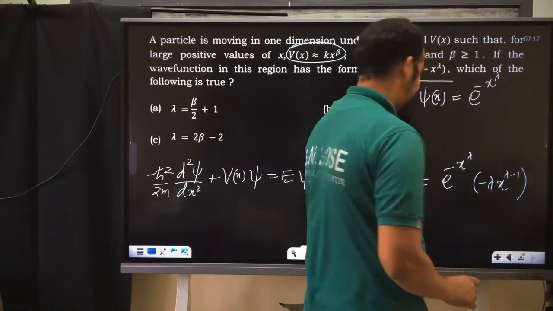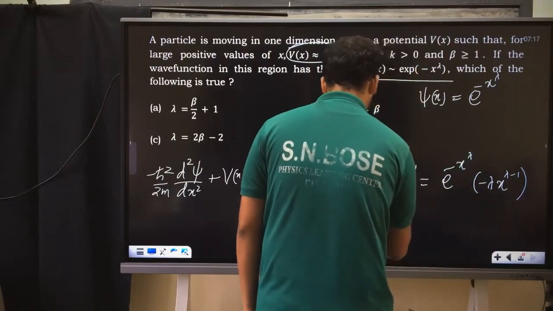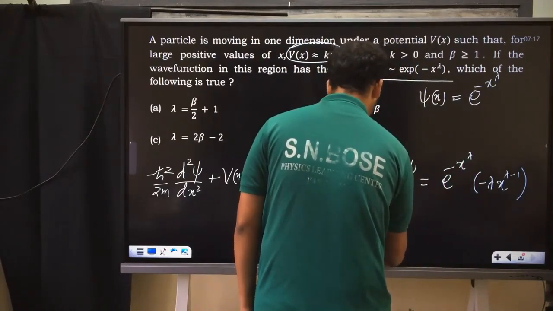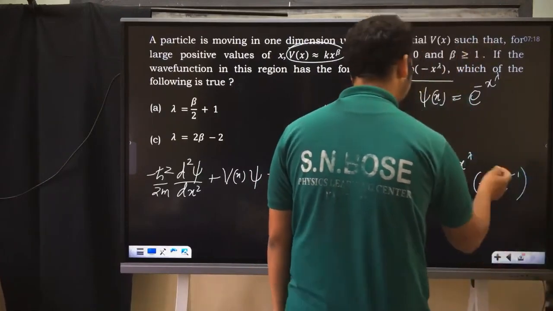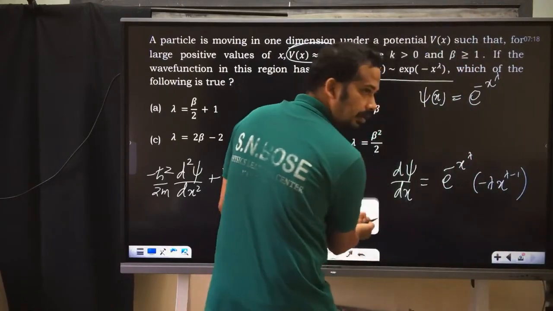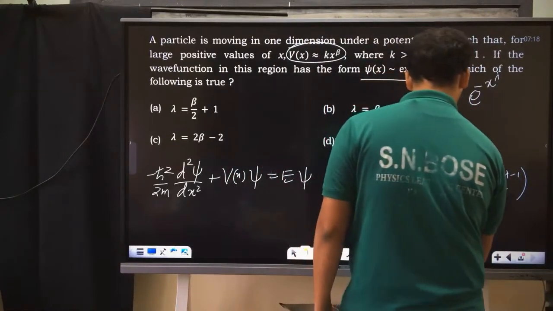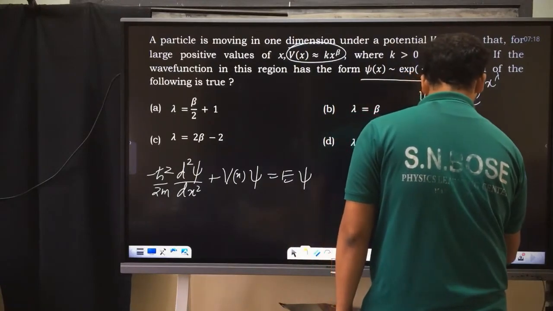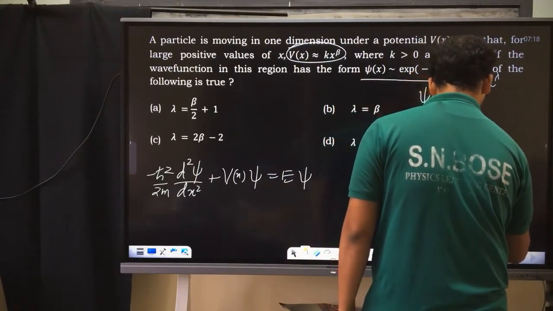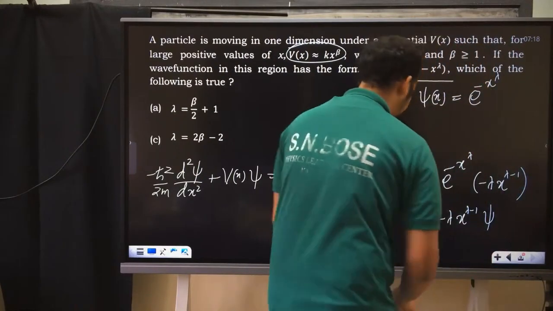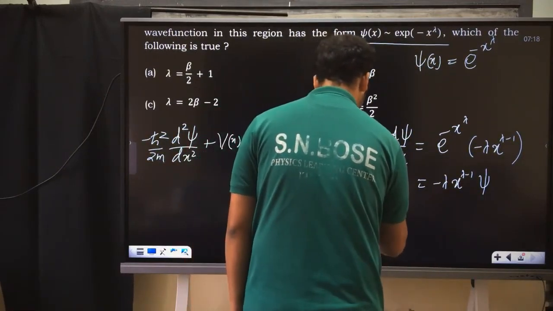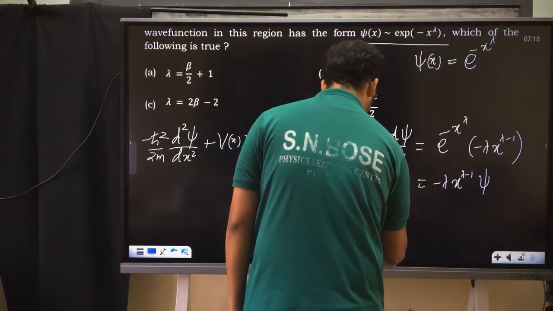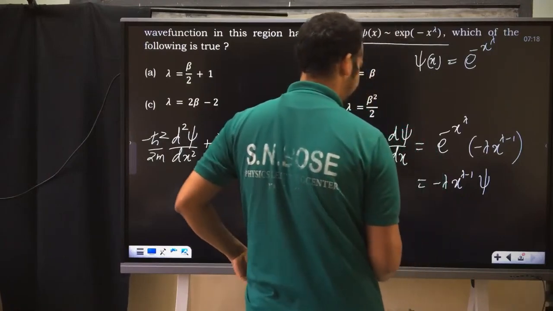Is that okay? So d square psi by dx square, that's equal to, I better write in terms of psi again. Am I right? That was my idea. Minus lambda x power lambda minus 1 into psi again. What do you say? So then d square psi by dx square is equal to,